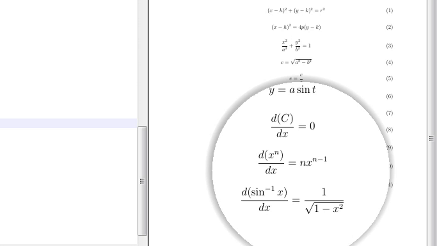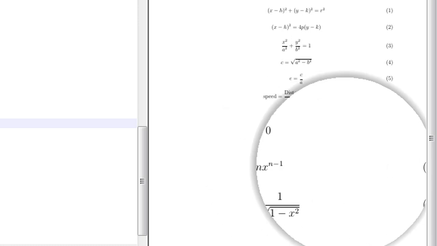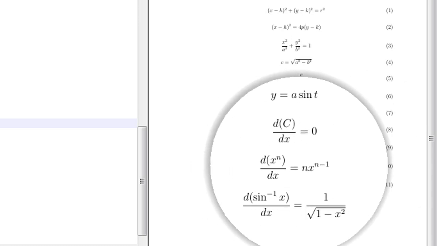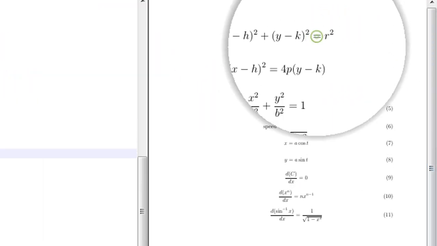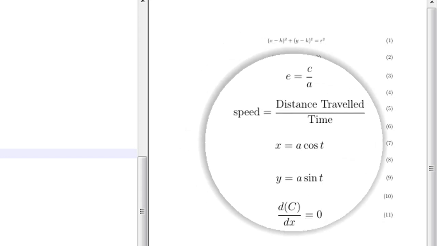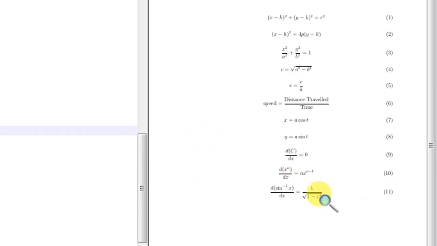But here in LaTeX, this numbering is done automatically by LaTeX, so manually you need not do anything. And it will give you the correct number in the order you have put your equations. Now all the equations that we have produced are not properly aligned. Now you can align these mathematical equations in a better fashion, and how to align them, that we will see in the next video.